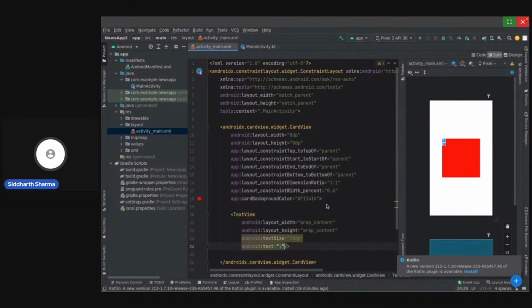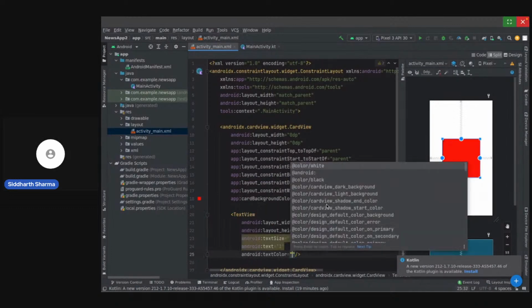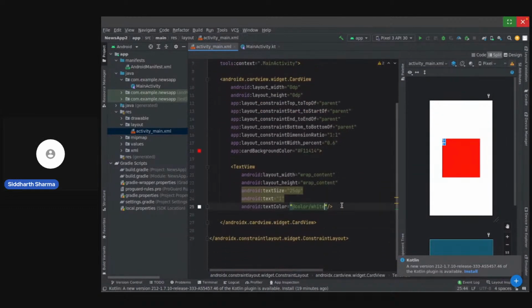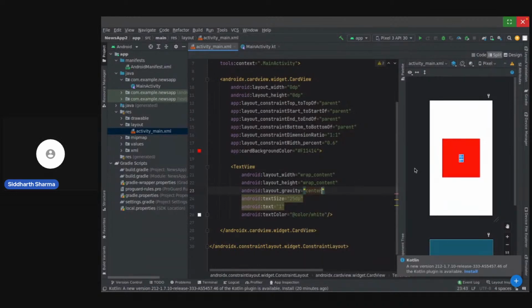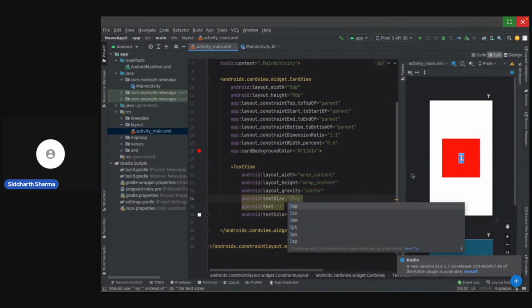So initially it will show a random number as 1. Let's give it a color, maybe white. Okay. Let's also center this by gravity. Center. Yeah. I'll just increase its size.